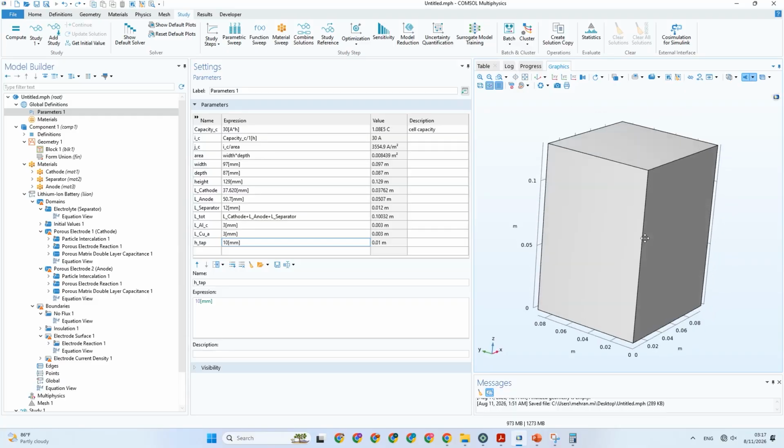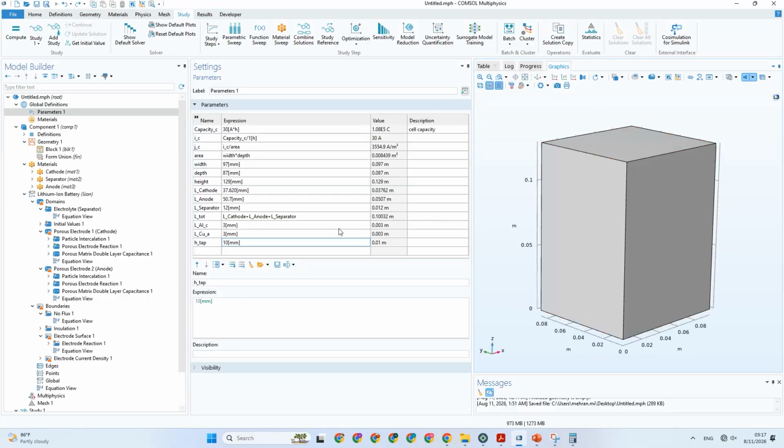You can cut it from right to left and consider L total must be L tot plus this plus